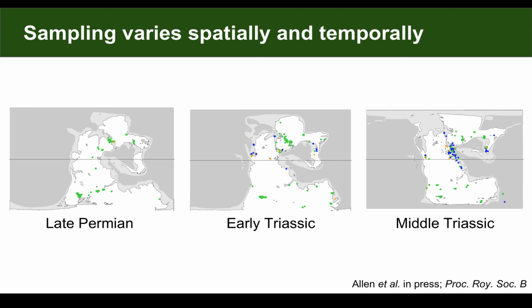It's important to state that regardless of how we measure it, sampling will vary, and it can vary in lots of ways. In particular, it tends to vary both spatially and temporally. There are many examples we could use to show this, but here's one from a paper Bethany and Alex have coming out soon in Proceedings B.